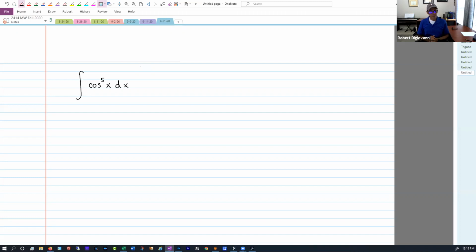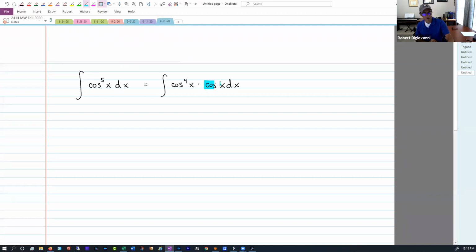Can we use the same tactic? Okay, you want to peel off a cosine? Okay, if we peel off a cosine, so right now we have cosine to an odd power. We've been dealing with sine to an odd. But if we have cosine to an odd, if we peel off 1 power of the cosine,